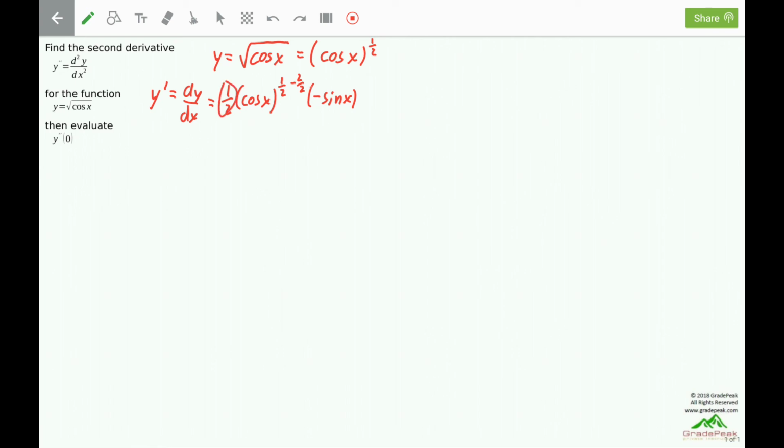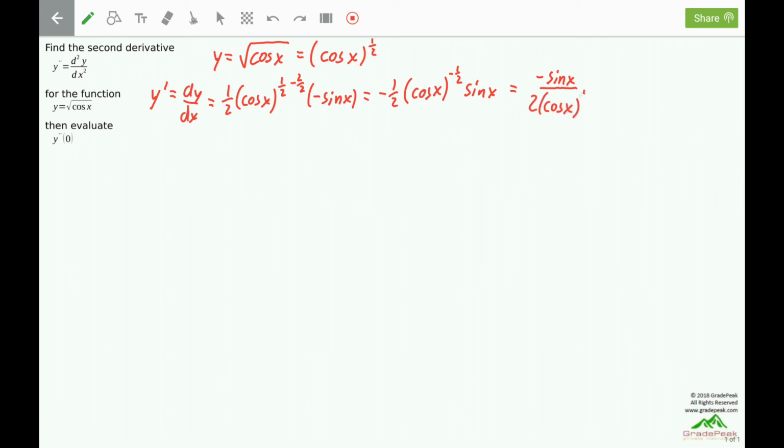Let's collect our constants together. The negative and the 1/2 will be in the front. We have cosine x to the 1 minus 2, negative 1/2 power, and then we have the sine x. Now the negative exponent means move to the denominator, and that means it'll move down with the 2. The rest is in the numerator, so I have a negative 1 and a sine x remaining in the numerator. Negative sine x over 2 times